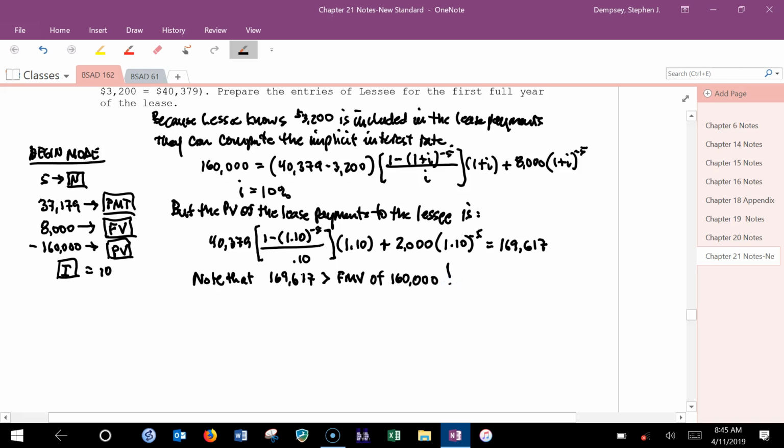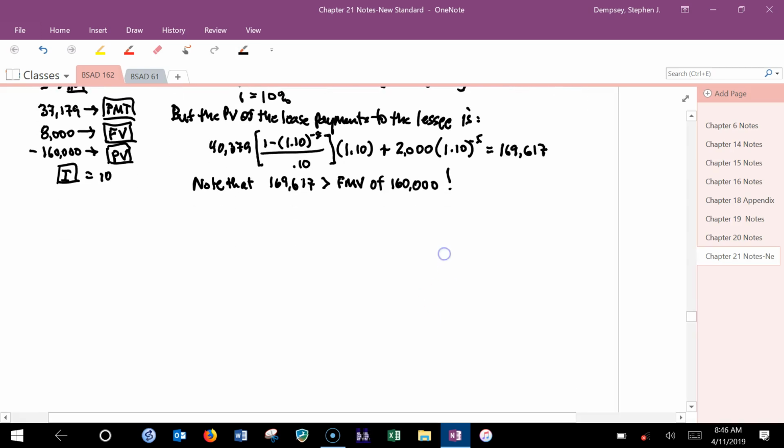So just like asset retirement obligations, this sort of thing can cause an asset to be booked for more than its fair market value. You know that from GAAP, that typically we're talking about the arm's length transaction and the acquisition of assets. It's at fair market value. But now it's going to result in that asset being recorded for more than fair market value. You follow so far? Okay, good.